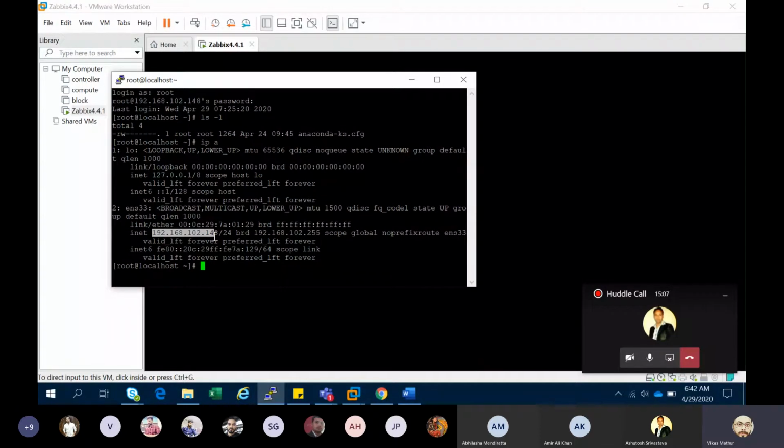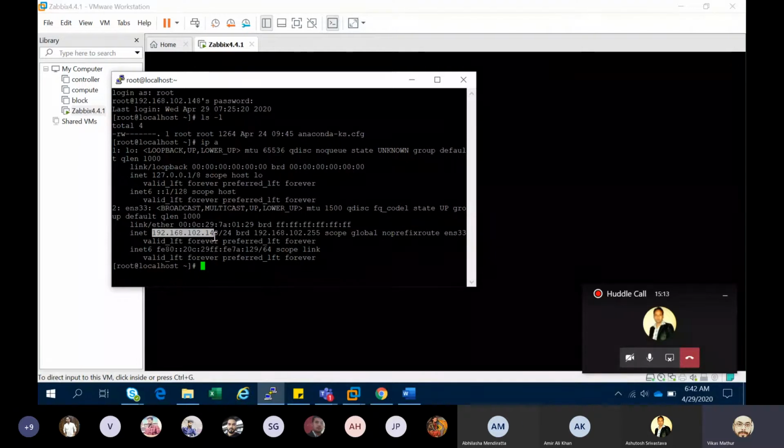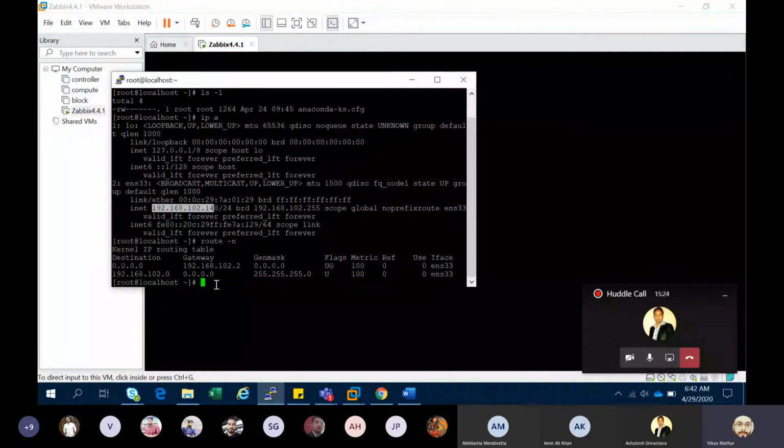So guys, how can we check the gateway of a virtual machine if your networking is enabled? There is one command I will tell you. It is a very interesting command through which we can easily find out your gateway.